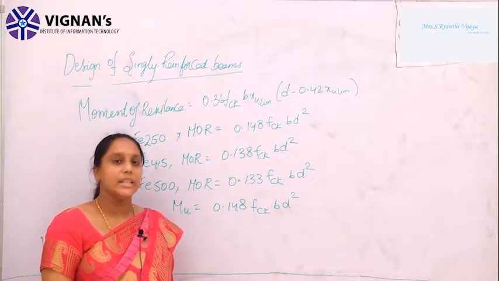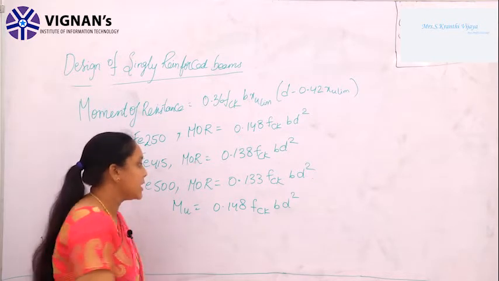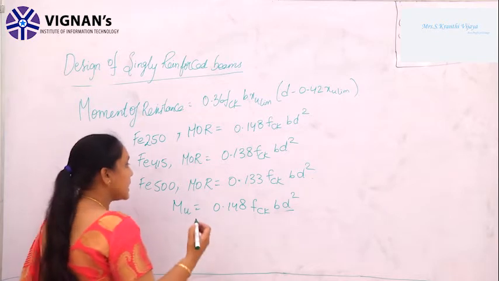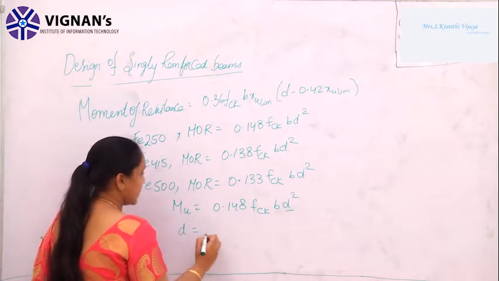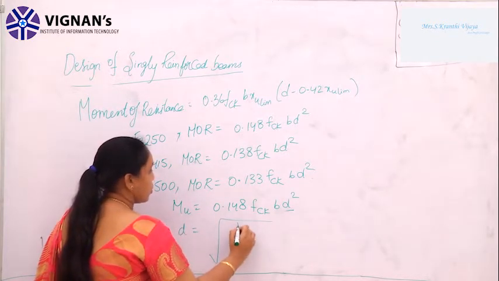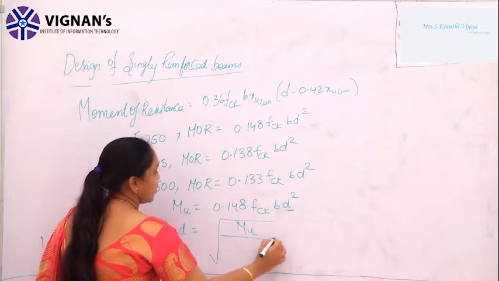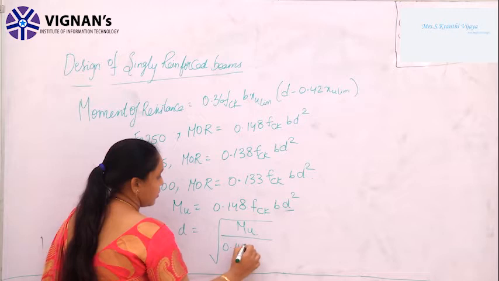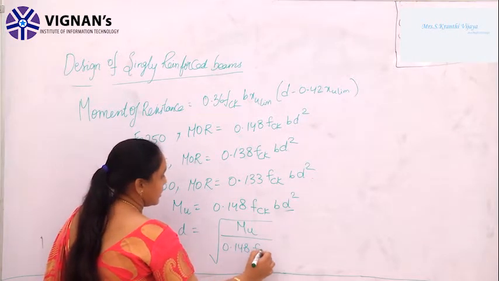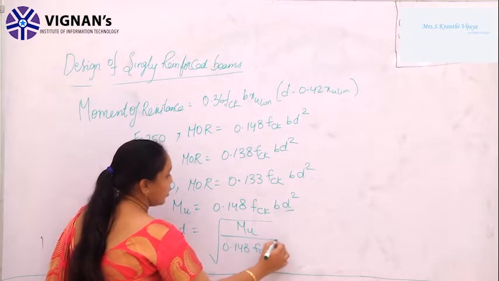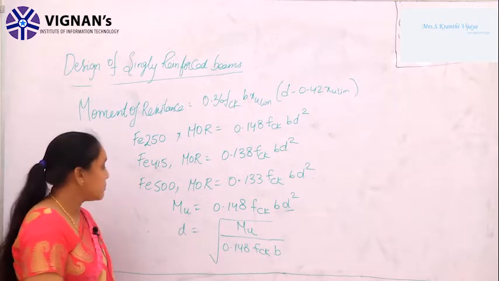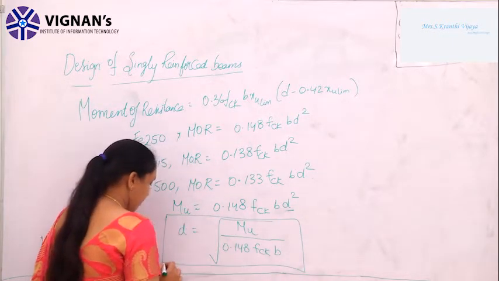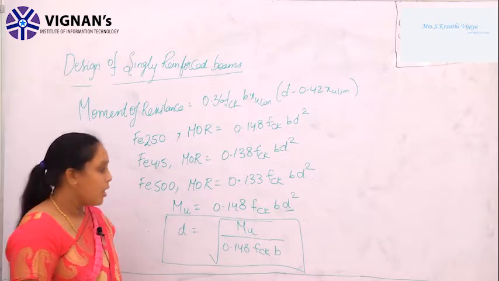We are calculating the effective depth. That is, we have to find out the D here. So, how will we calculate D? D is equal to root over Mu by 0.148 FCK into B. So, from this particular equation, you can find out the effective depth, or else you can